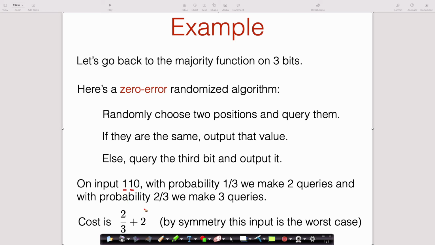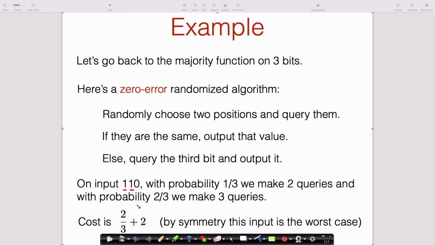Okay, so it's less than we saw in the deterministic case, where we had to make three queries. I showed you an algorithm that made three queries, but that's actually the best you can do. You have to make three queries for a majority of 3 with the deterministic algorithm. So we've seen the cost on one particular input, but by symmetry, this is actually the worst case. So in fact, this algorithm for every input x can compute majority of 3 of x with expected cost at